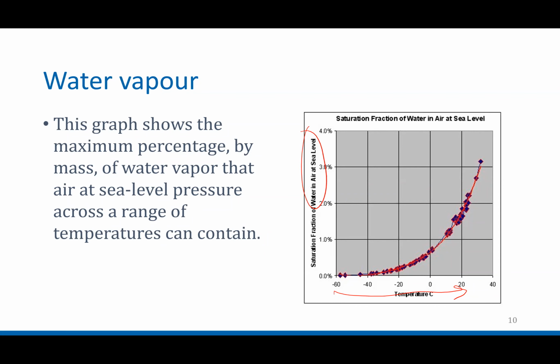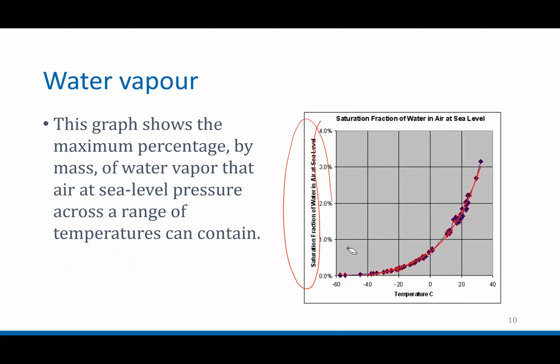As the temperature goes up, the air can hold more water as water vapor. The temperature is higher, the water turns into a gas. So typically at higher temperatures, we have more water in the air. It's more concentrated. So the graph shows the maximum percentage of water vapor that the air can hold at different